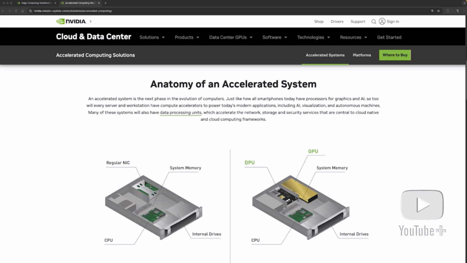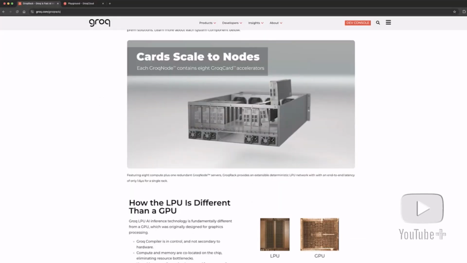Also, the implementation of ASICs, which of course is not represented here because NVIDIA focuses on GPUs. But there are other companies like Groq, and this is not the AI model from X. It's actually a compute platform that specifically they design chips or ASICs that are tailored for AI